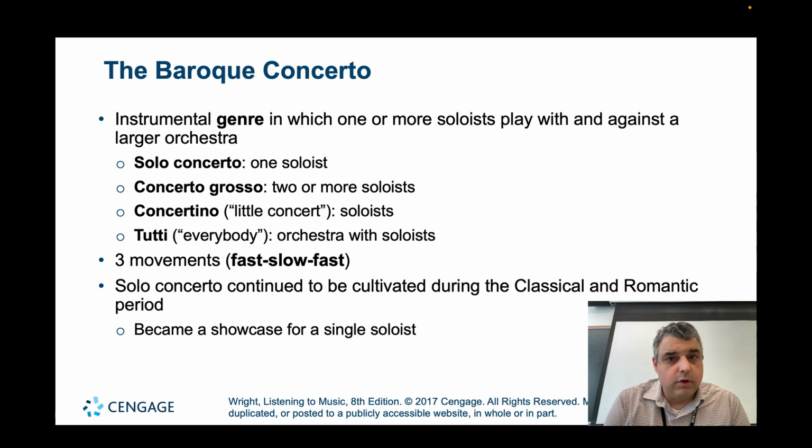Another genre that we're going to talk about is the Baroque concerto. Now, a concerto is an instrumental genre in which one or more soloists play against the larger orchestra. And in the Baroque era, there are two types of concerto we're going to look at. The first is a solo concerto, in which you have a soloist versus the orchestra. You could have a violin, maybe a flute,